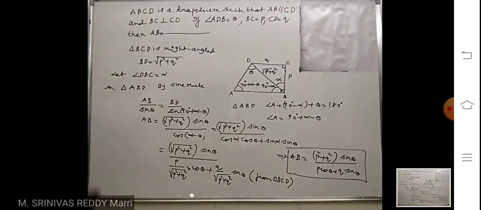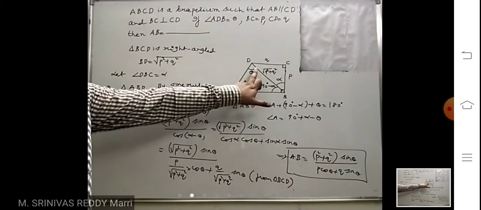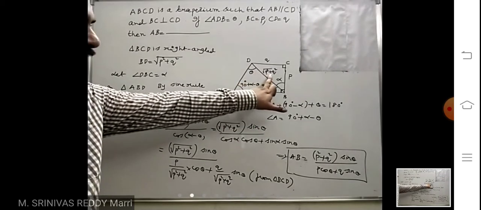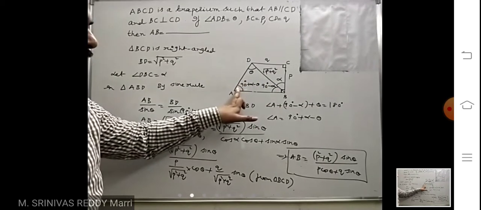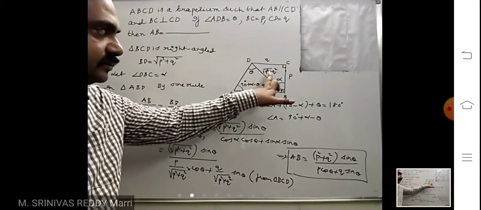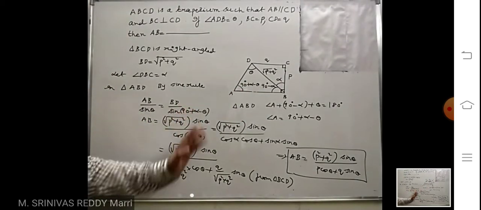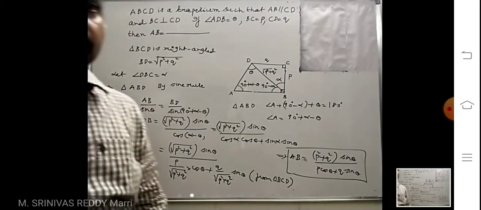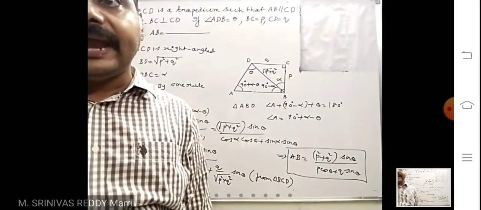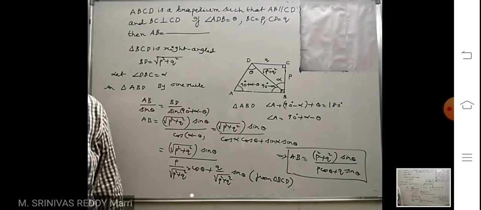Like that, how to apply sine rule? Here AB you want to know, opposite angle you know, this side you know, this angle you calculate. Such that this length divided by sine of this angle equals this length divided by sine of opposite angle. Then you will get AB. Like that, if any unknown side or unknown angle is there, by using those ratios, you can calculate those lengths or angles.